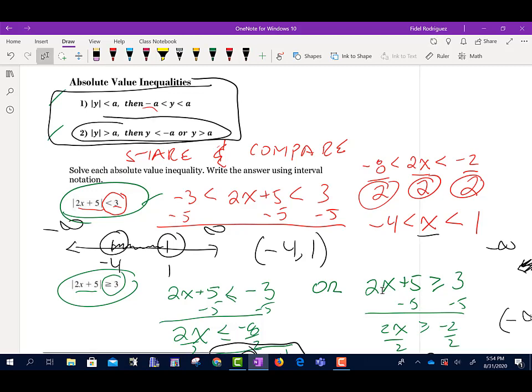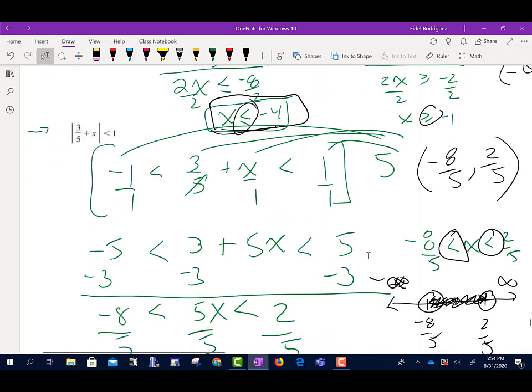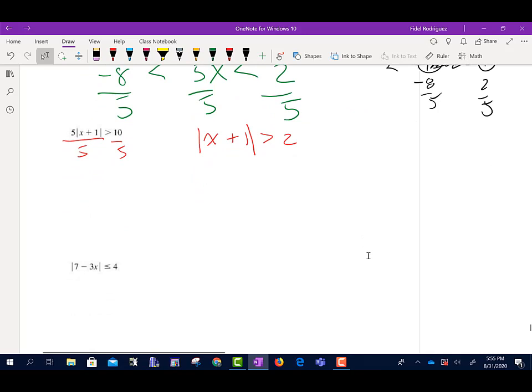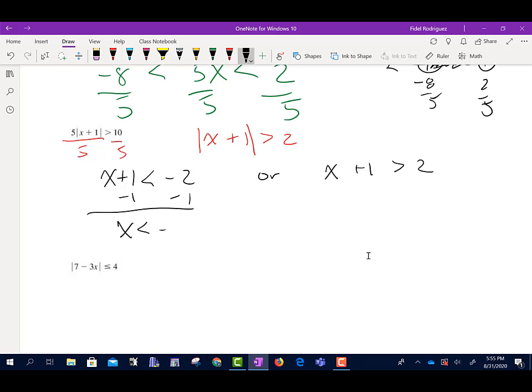So look what it says. Y is less than negative A, or Y is bigger than positive A. Okay, so I'm going to say x plus 1 is less than negative 2, or x plus 1 is greater than positive 2. So minus 1, x is smaller than negative 3, minus 1, x is bigger than 1, okay, or,